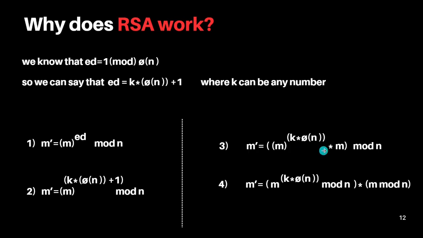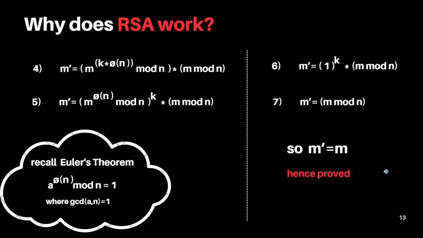So after expanding this, we can further expand this as m power k multiplied by phi of n mod n, and multiplied by m mod n. So we are again further dividing these two terms into separate moduli. So in the fourth step, after separating the m and m powers, we can bring this power k outside of this whole mod n. So in the fifth step we can write it like this: m power phi of n mod n, whole power